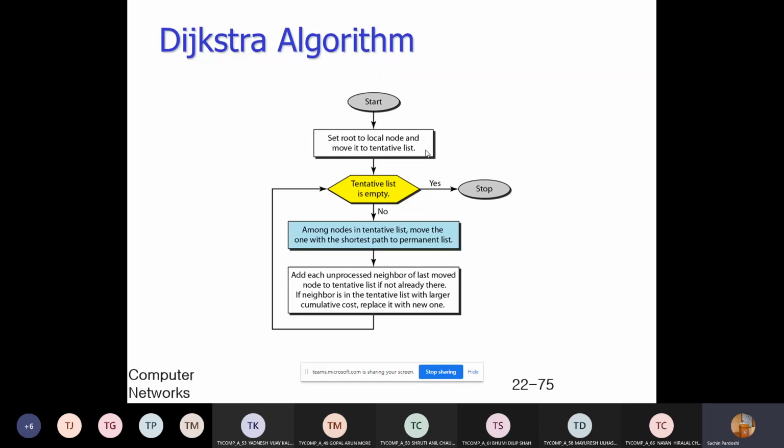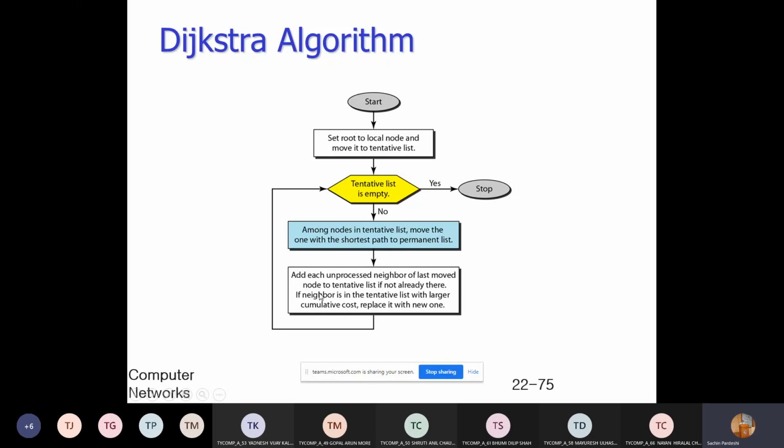Then add each unprocessed neighbor of the last moved node to the tentative list if not already there. If a neighbor is in the tentative list with a larger cumulative cost, replace it with the new one. In this way, we find the shortest path.